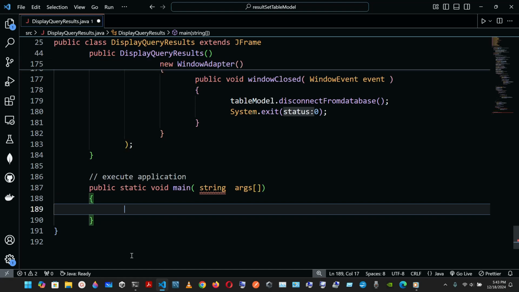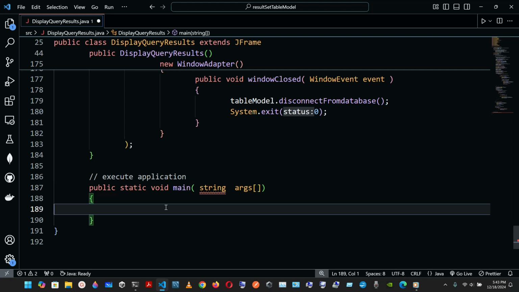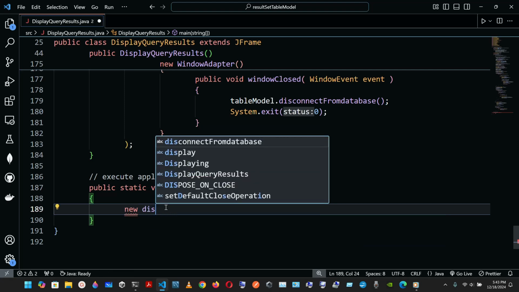String has to be an uppercase S. And here we're going to have new